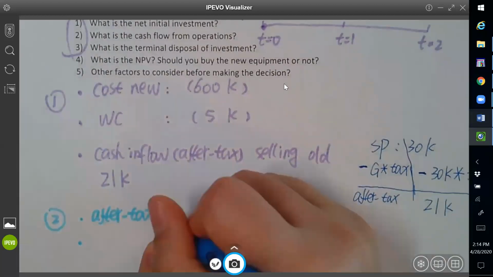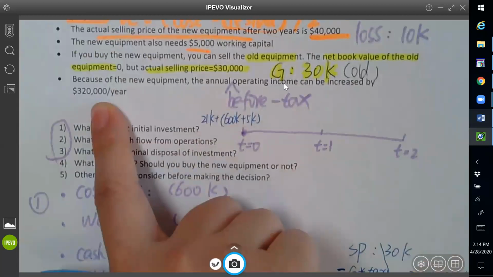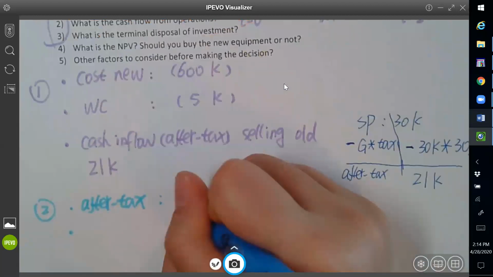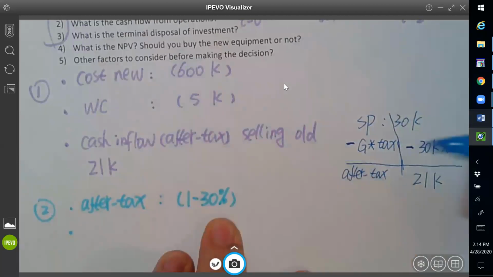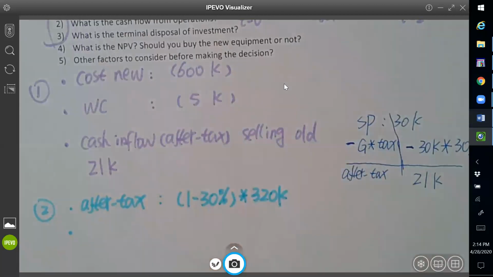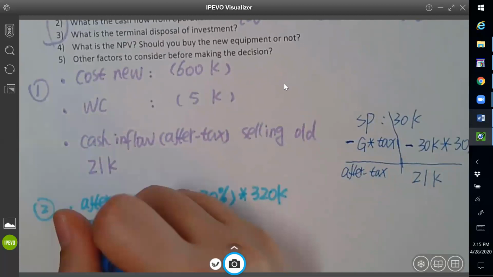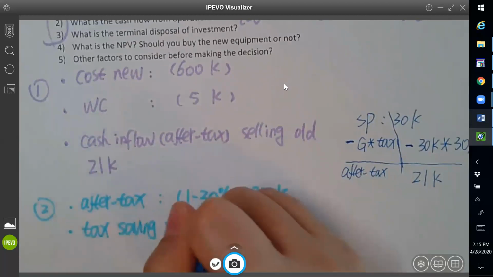Before tax, we increase our cash flow of 320,000. So our after tax will be 1 minus 30%, right? 70% of the before-tax 320,000. So that gives you the after-tax cash inflow from the operation. The second part is tax saving